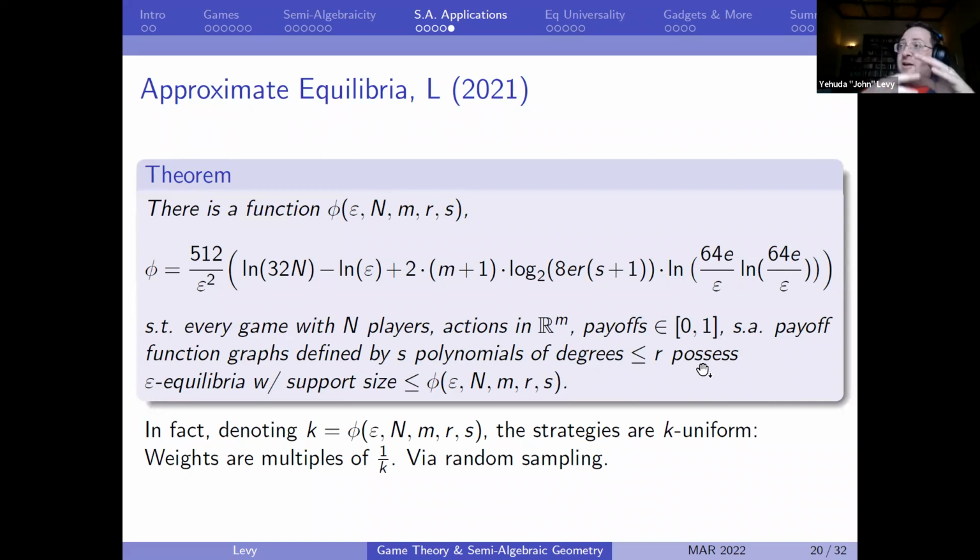So with those, you bound how complex in terms of pseudo dimension these functions could be. You derive some results for support needed if you can bound this, if you know the pseudo dimension of the payoff functions, and then plug your bounds in. And the equilibria there are built pretty explicitly: you start with a real equilibrium, which you know exists, and you do random sampling, and your random sampling is guaranteed with positive probability. So it's a probabilistic existence proof to